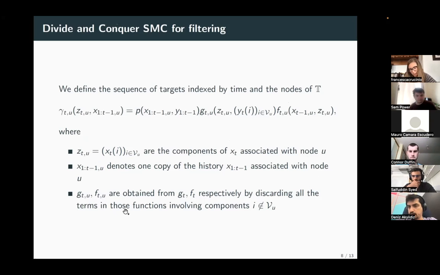I think I had the same comment from Adam, and I think it's not true, but the reason why it seems like it's true is because of what I wrote in the last bullet point. In practice, these GT, FT are like writing the guided particle filter. You don't use the dynamics, you use something different. So you could use any G and any F over here. They don't need to come from GT and FT, as long as once you reach the root, they are equal to GT and FT.